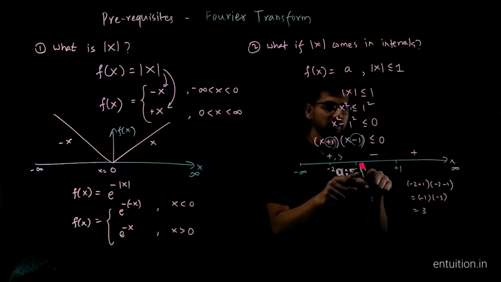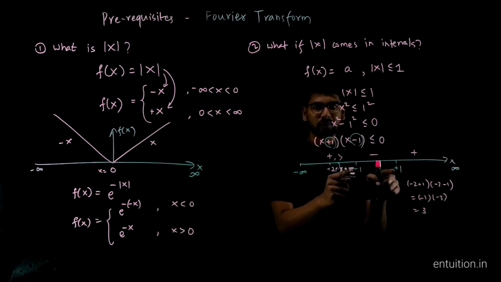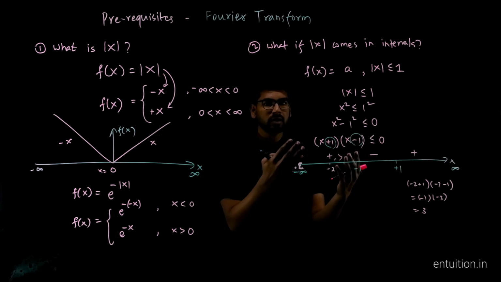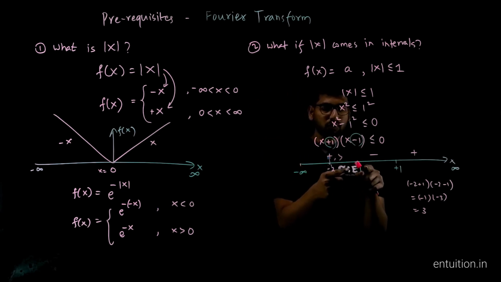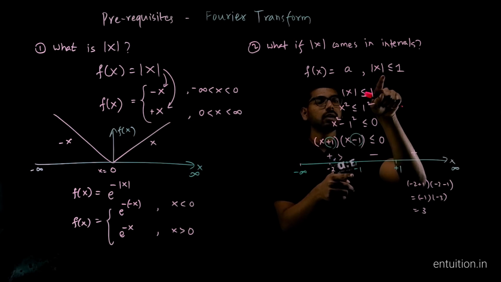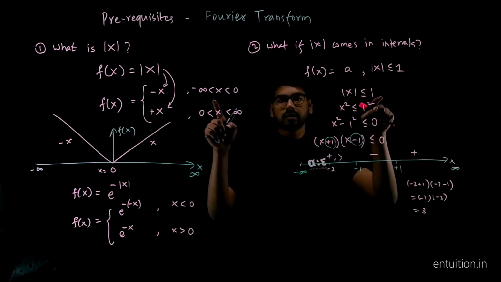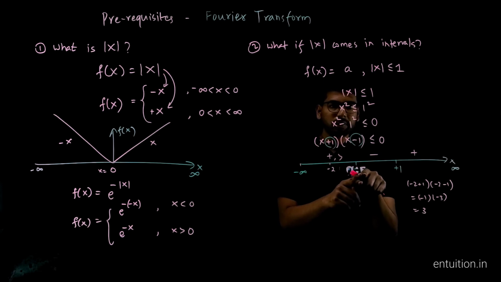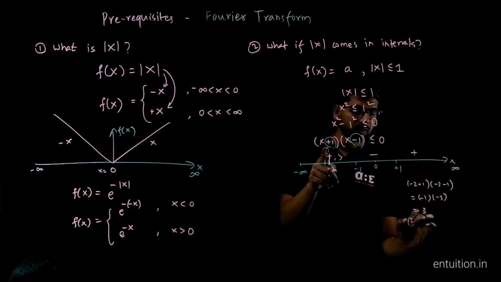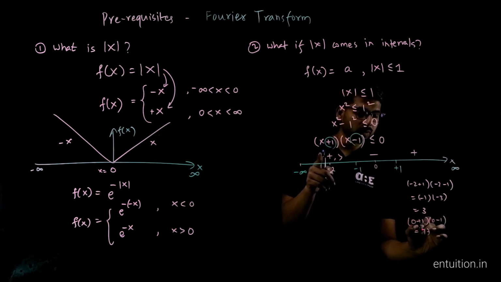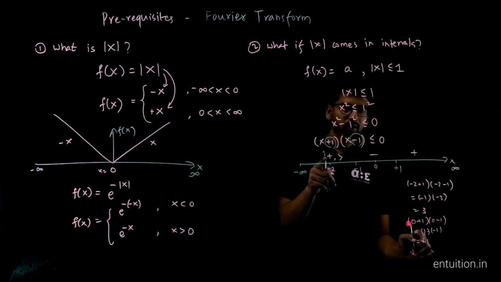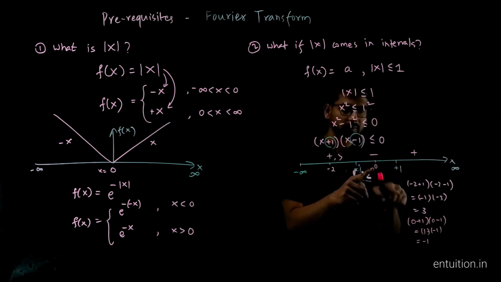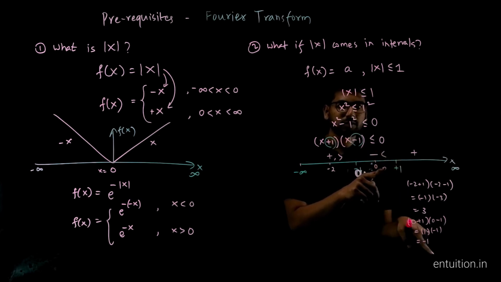So if you take any number in these intervals, you don't have to do this every time. I'm explaining it one time, and next time you will be able to do it just by saying. So what is the theory behind how you write the signs like this? That's what we are doing. If you take a number between minus 1 and 1, let's say 0, and substitute 0 here, 0 plus 1 times 0 minus 1 is 1 times minus 1, that is minus 1. So minus 1 is a negative number, less than 0, right?